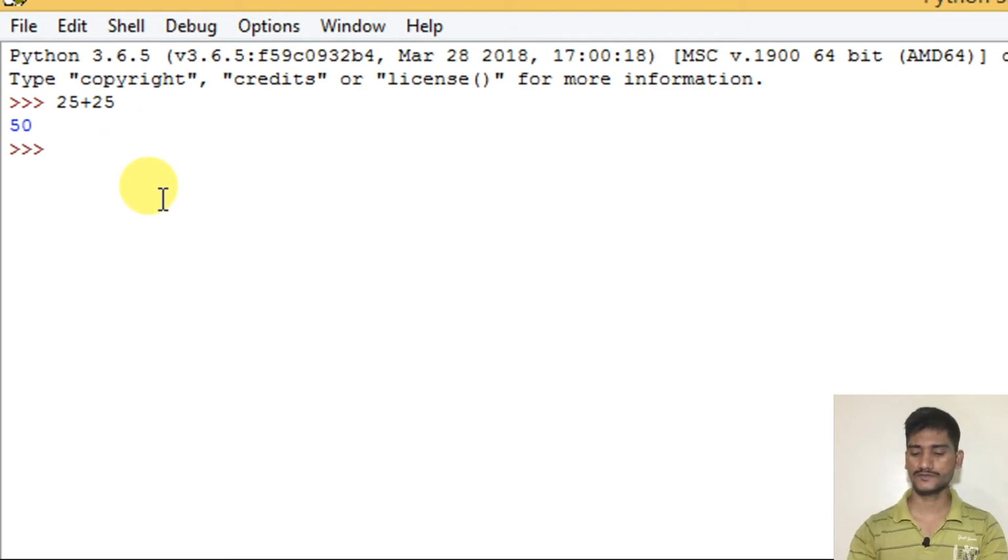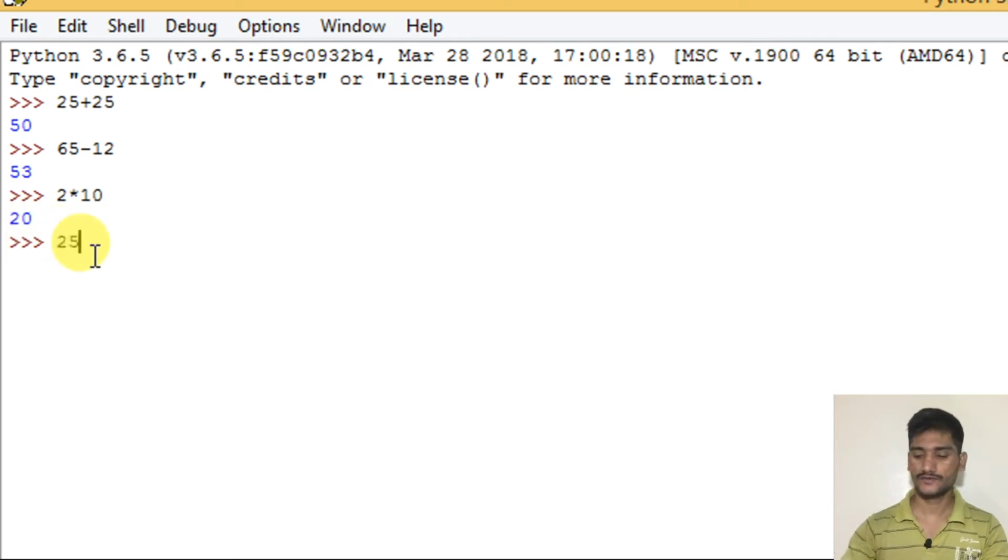Now subtraction: 65 minus 12 gives 53. When I do subtraction or addition, I get exactly the output I expect. I also want to check whether multiplication works: 2 into 10 is 20.